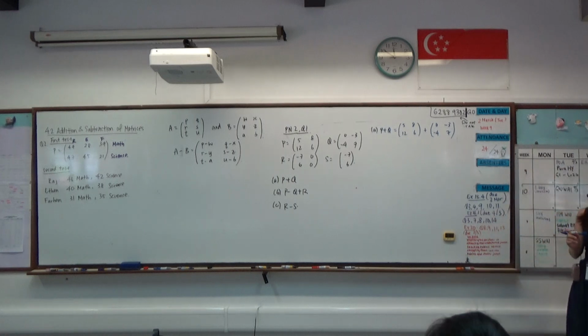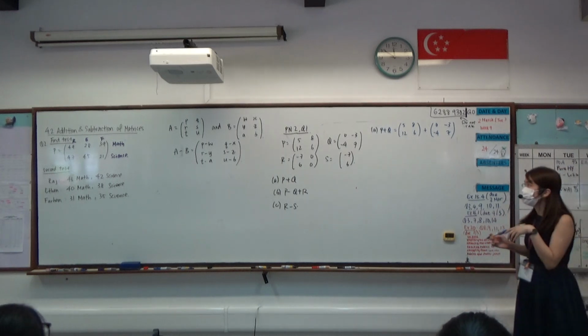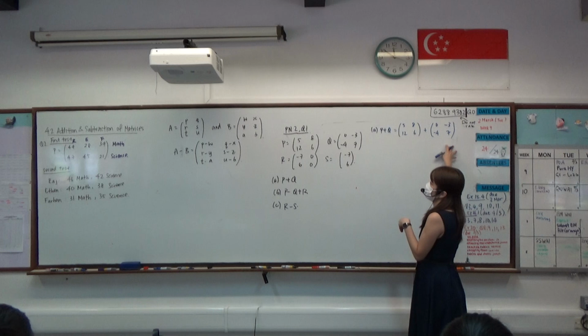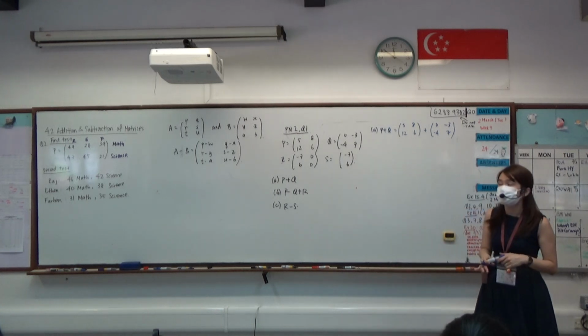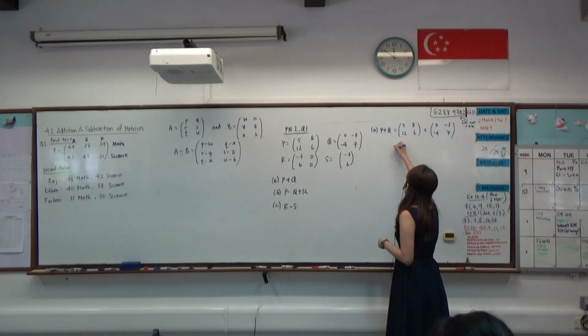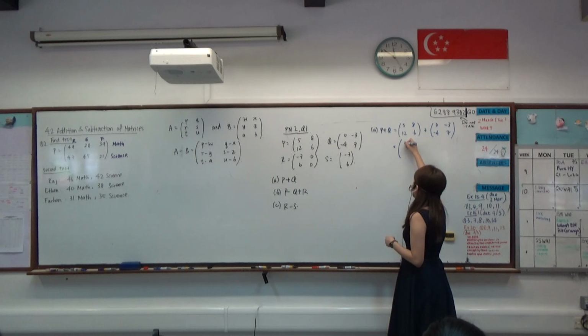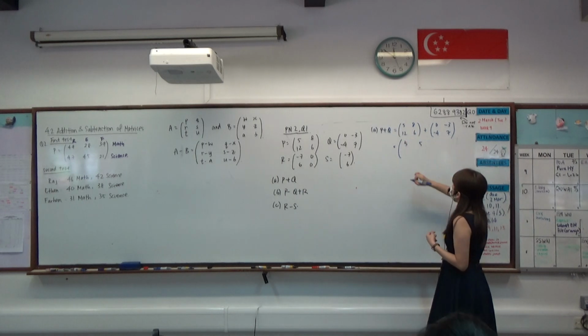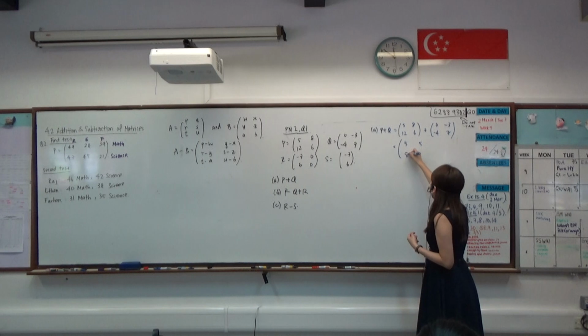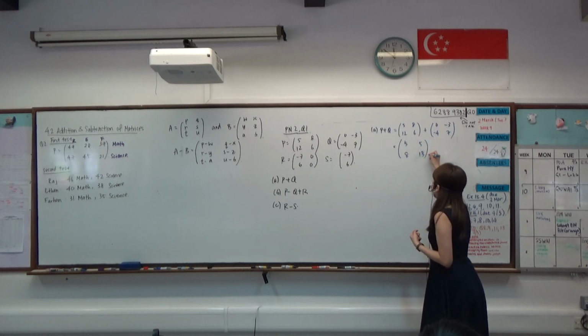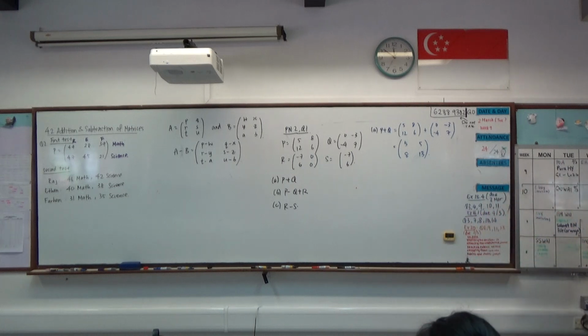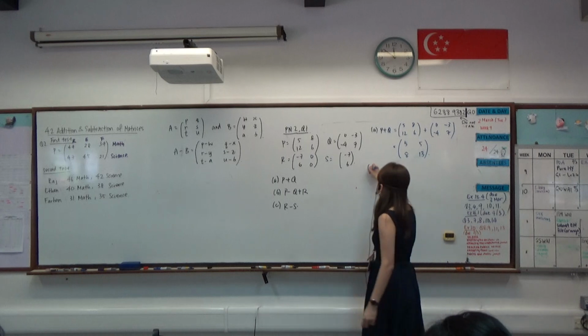Question 1a, to add up P and Q. They are possible to be added up since they are both 2 by 2 matrices. So the answer that we should be getting will be 5, 5, and then 8 and 13. We get 5, 5, 8, 13, right? And then in part B,